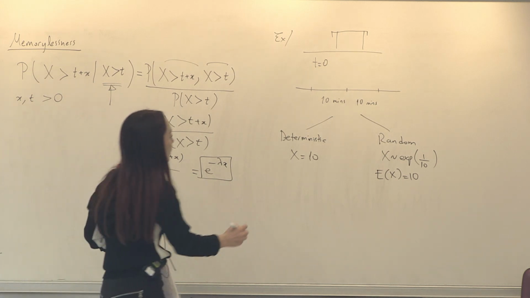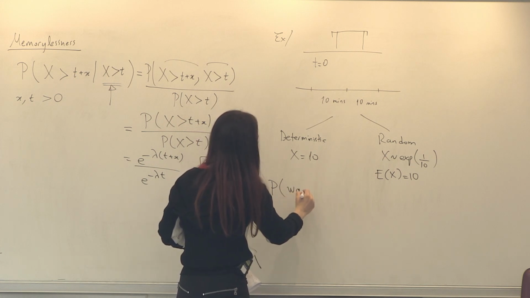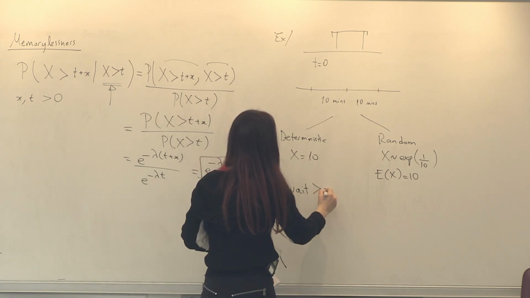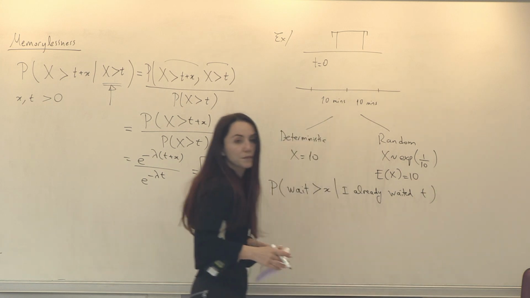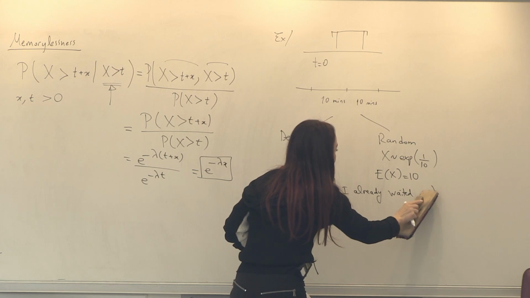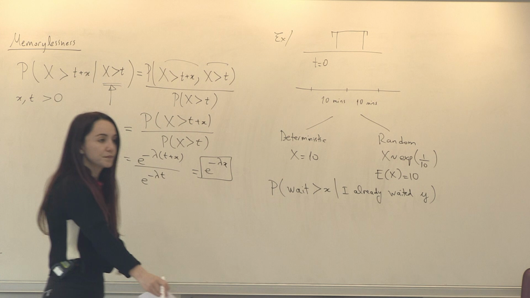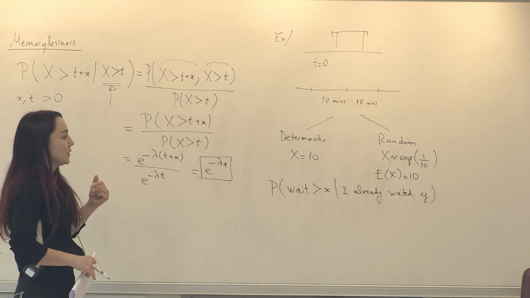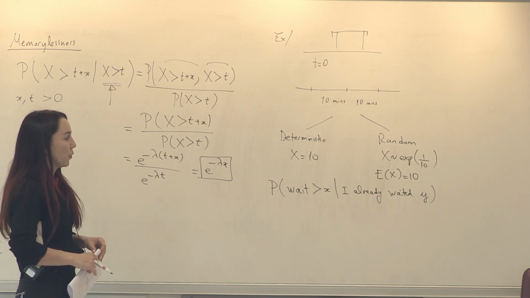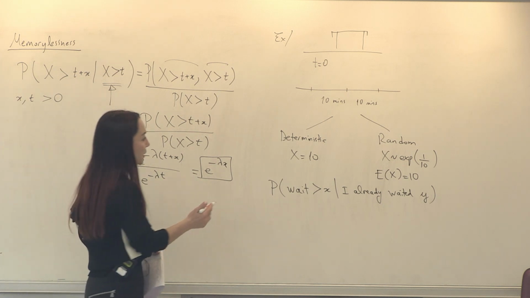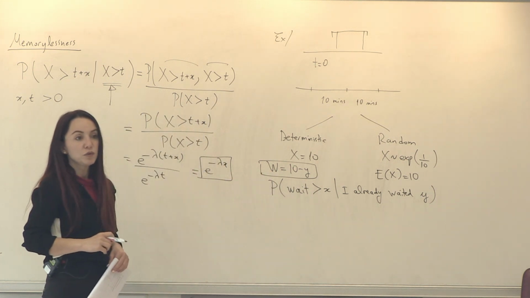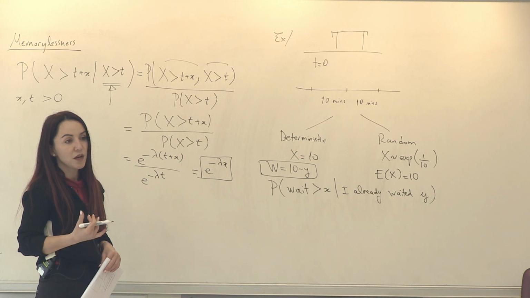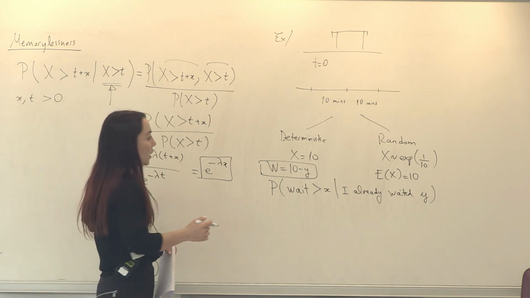So let's compute the probability that my wait is going to be more than x, given that I already waited for y minutes. Okay? Now, in the deterministic case, if I waited for y minutes, where y is between 0 and 10, my remaining amount of wait, w, is 10 minus y. And I will never wait for more than 10 minutes. My waiting time is going to be between 0 and 10. That's it. But in the exponential case,